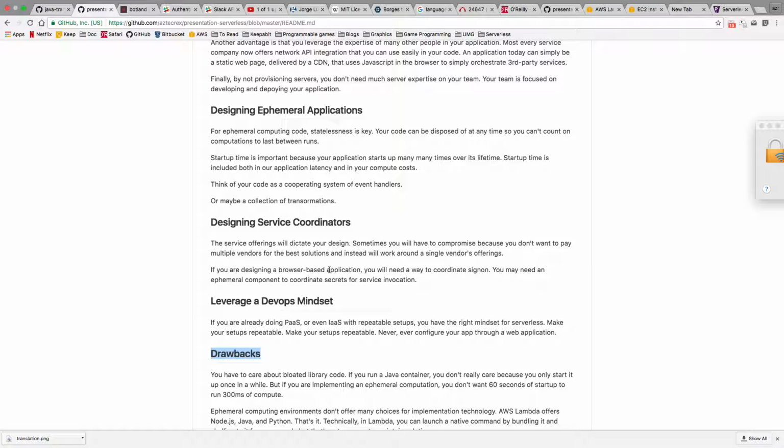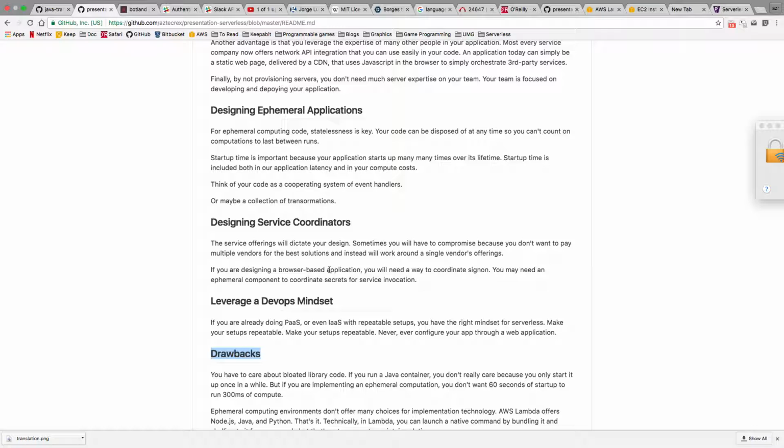And then if you have a browser-based application, I think the mobile space is better than the web, than the browser space right now. Even if they're kind of identical programming models, in the mobile space you have a lot of built-in identity functionality in the platform. So as you're running your mobile backend, a lot of the identity passing around, the single sign-on, all that kind of stuff is all being handled for you by the mobile platform. In the web platform, it's still not quite compatible.